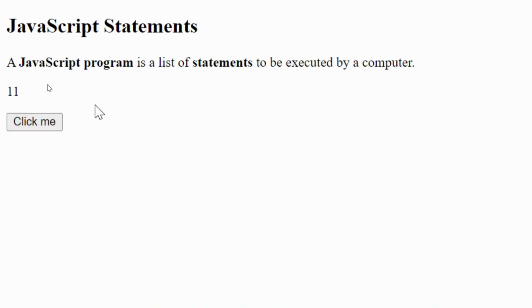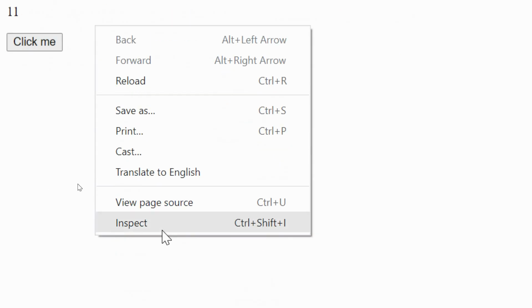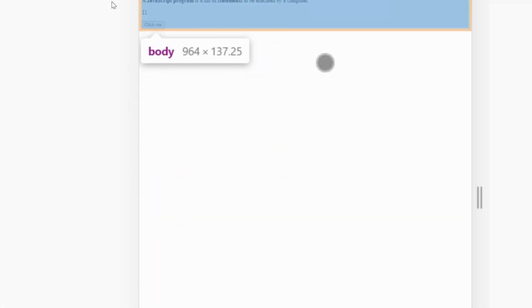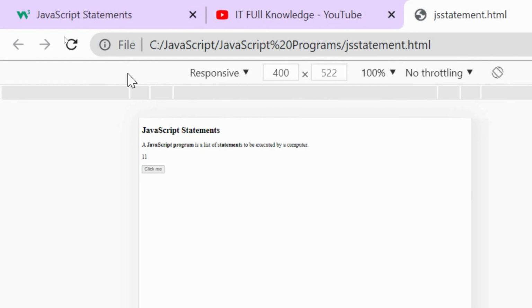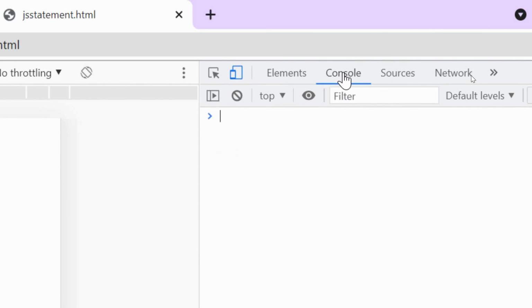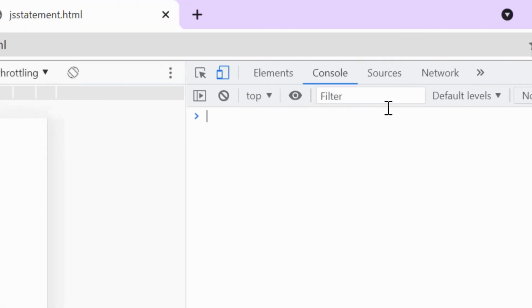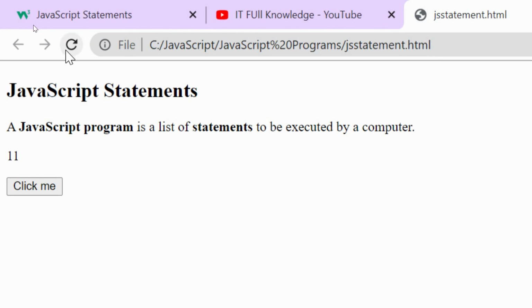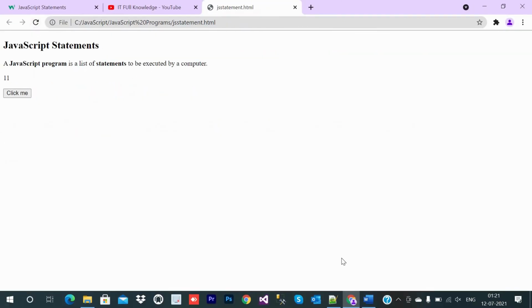Let me show you using the console also, to check whether any error is coming. I will right click, or you can press F12, and come to inspect, then the console. You can see no error is there on the console. So that means this line is perfect.